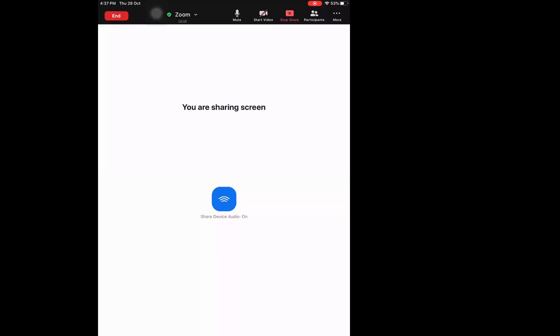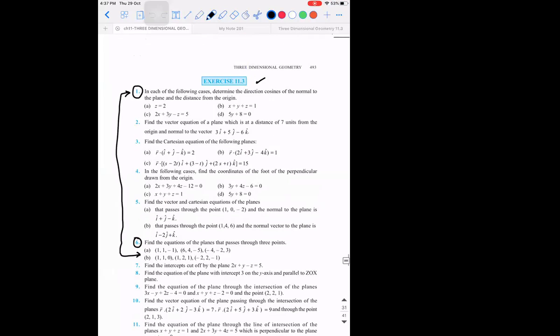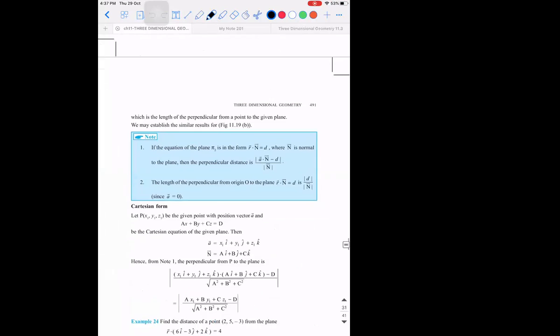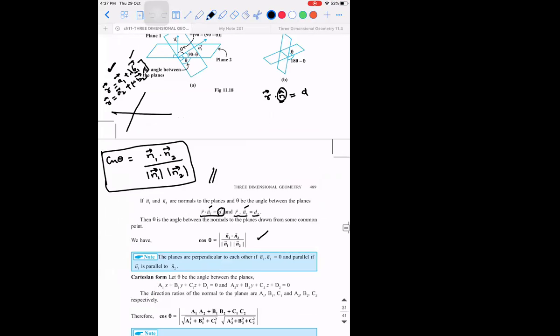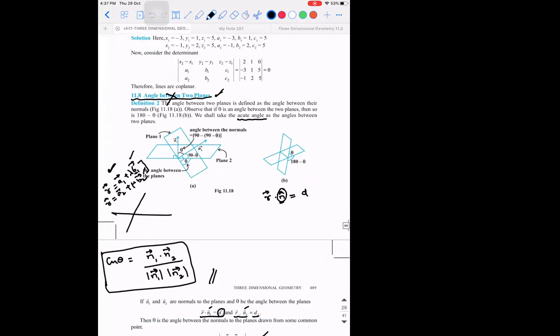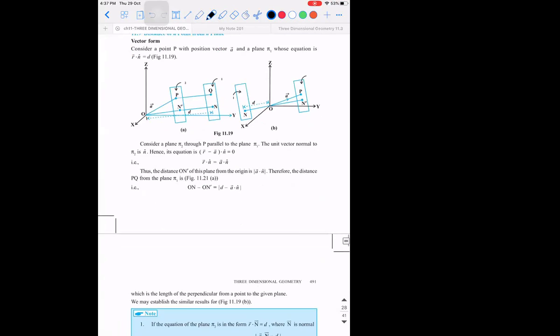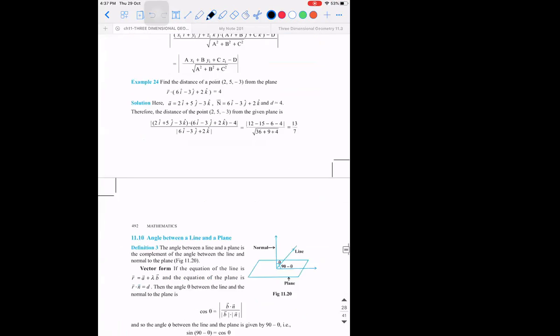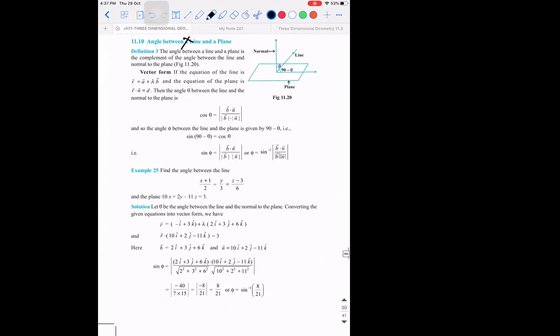Okay. So we are almost done with this chapter. There is one last subtopic pending. I'll tell you what is omitted. I just checked: the angle between planes is actually not there. They have removed it for this year, but it's better if you know it, not an issue. Next, the angle between a line and a plane is also removed.